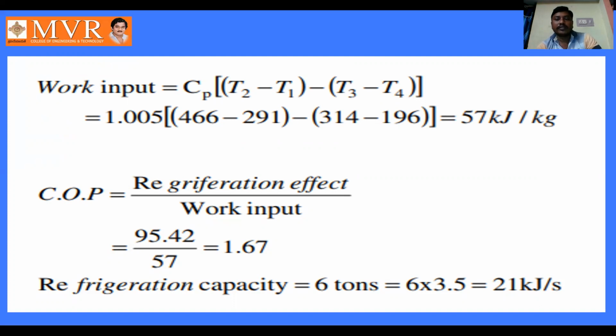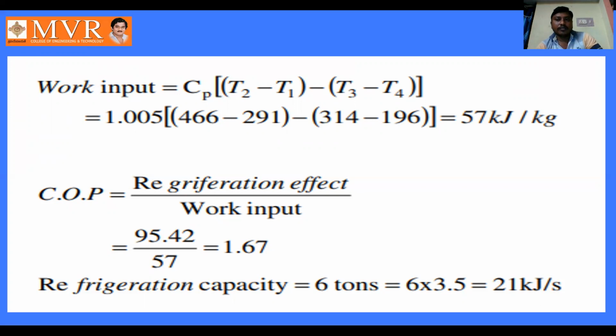of the Bell-Coleman cycle. In that, I showed you how we calculated the work input for the coefficient of performance. See here, in the previous class, we got an equation for work input as the constant pressure Cp into (T2 minus T1) minus (T3 minus T4). By using this expression of COP, we are substituting the values which we know from